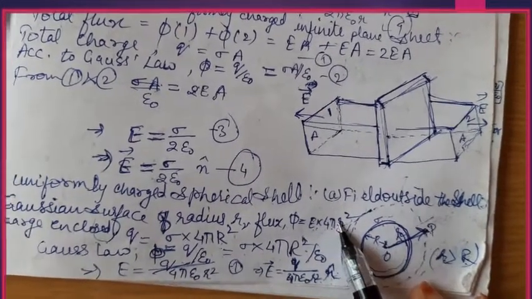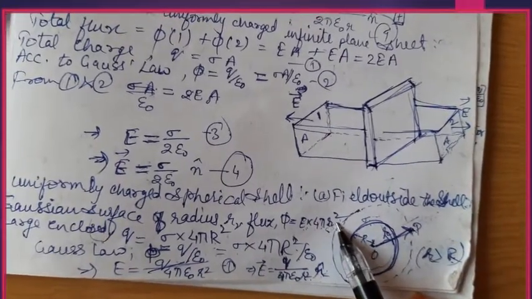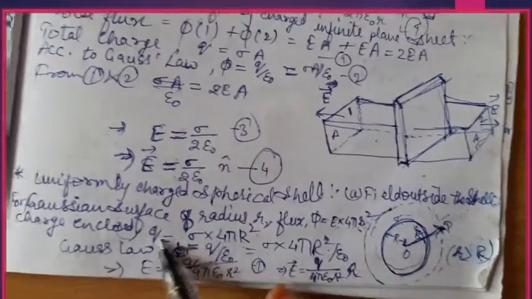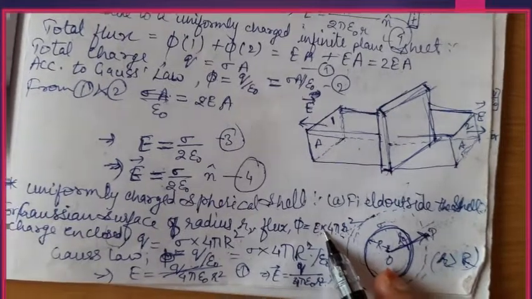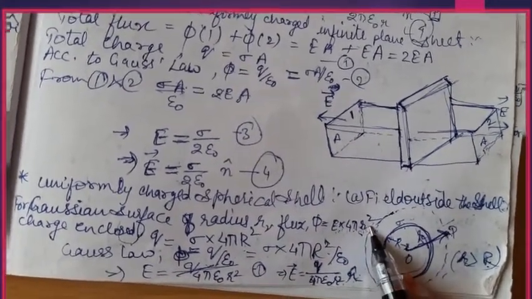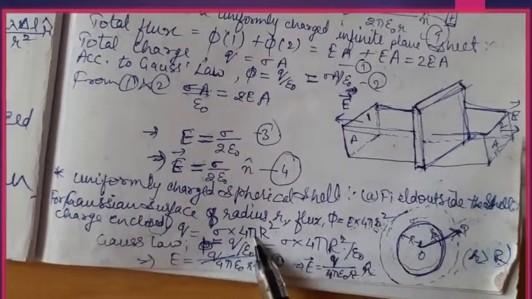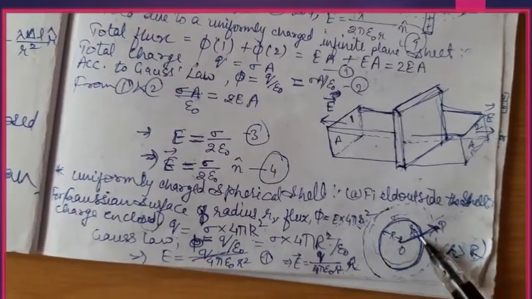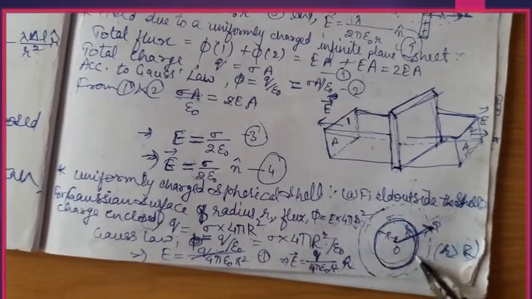Now here S means the surface area of Gaussian surface, that is 4 pi r square. The formula for surface area of sphere is 4 pi r square. And because we are finding the flux for Gaussian surface, we have taken the surface area of the Gaussian surface only, that is 4 pi small r square. Now the charge enclosed by the Gaussian surface will be the same as the charge on the spherical shell, because the only charge enclosed is that present on the spherical shell.